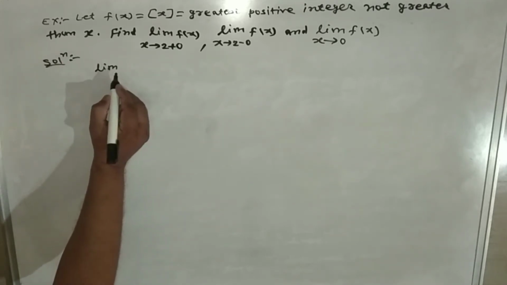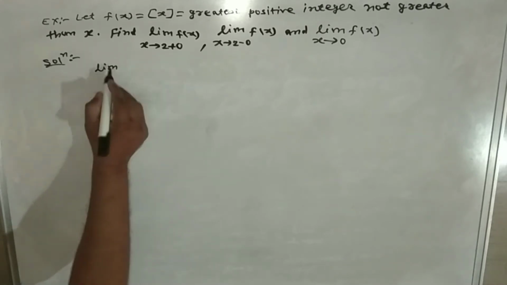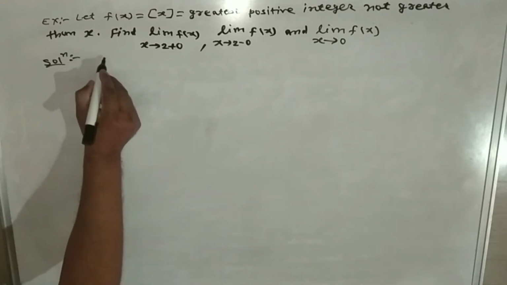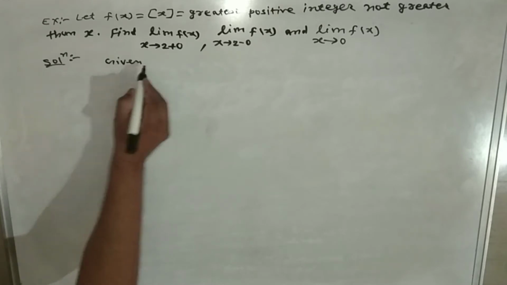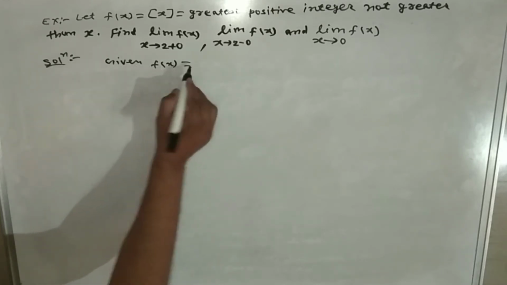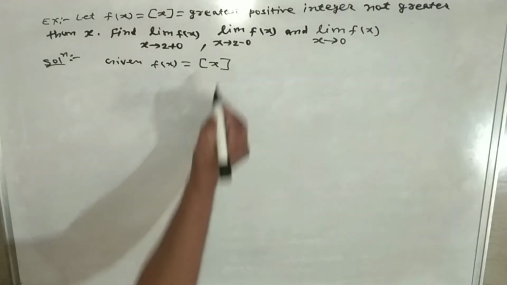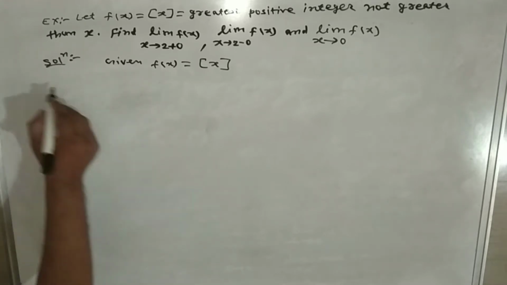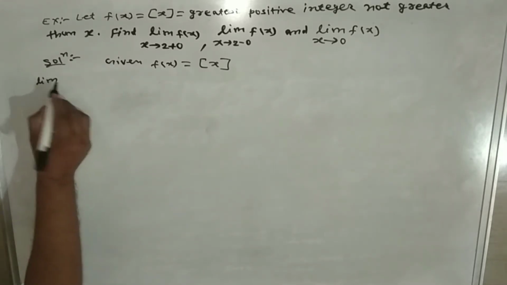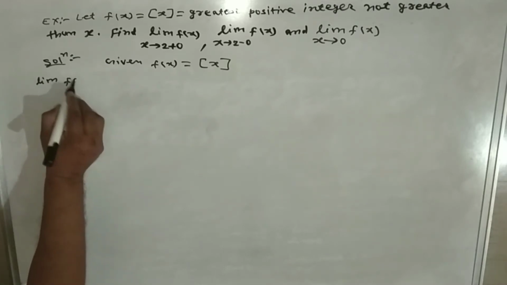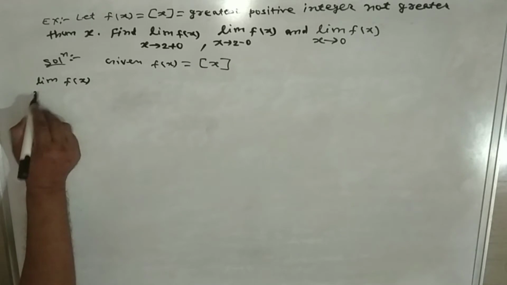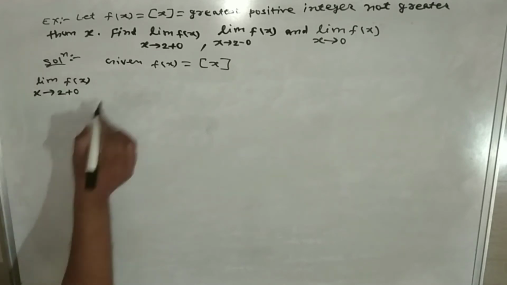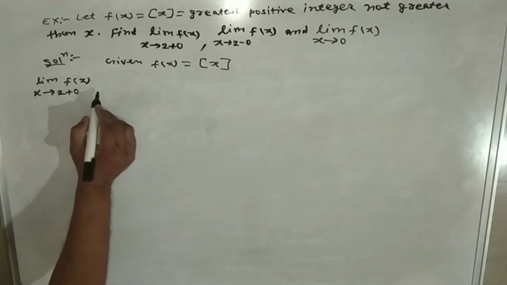Limit. Let f of x be the greatest positive integer not greater than x. We have the limit of the function f of x as x tends to 2 plus 0. That means the right hand limit of the function f of x as x tends to 2 is equal